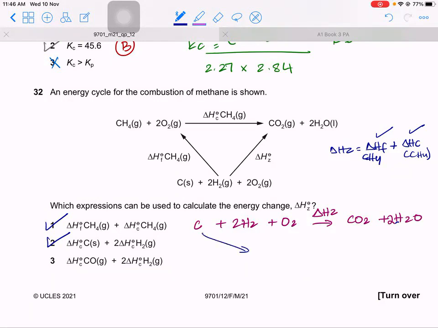We don't know. Carbon can incompletely combust, give you carbon monoxide. But then we don't know the value of incomplete combustion. We only deal with complete combustion. Do you have any carbon monoxide in this equation or anywhere? No. The only way you can make it is by incomplete combustion of carbon. But we don't know the value of that because we only deal with complete combustion. So 3 is the wrong answer, therefore it is B.